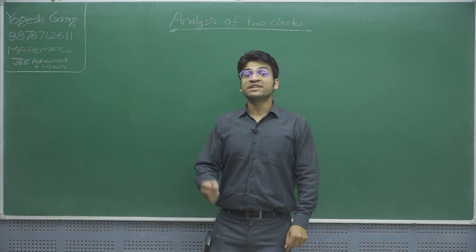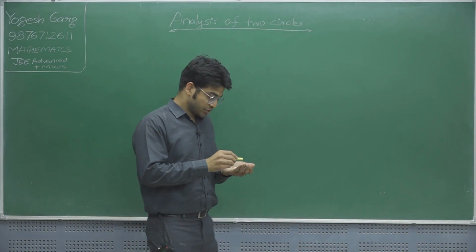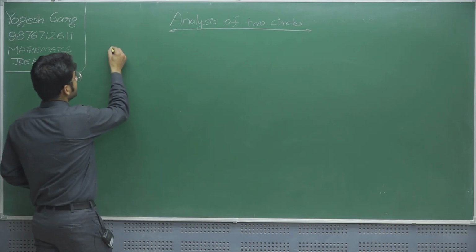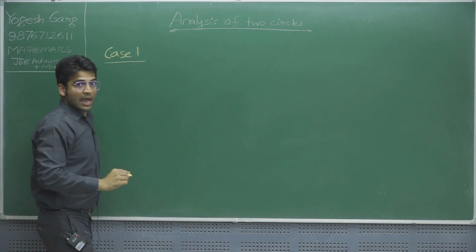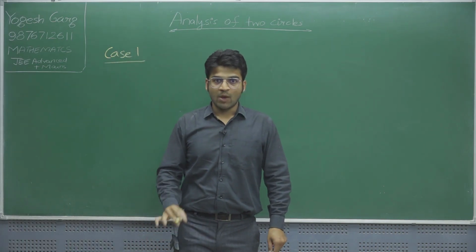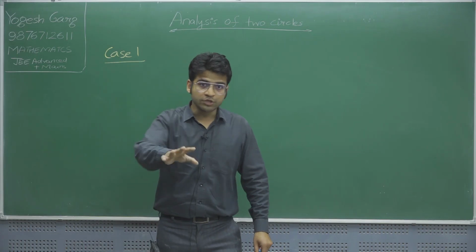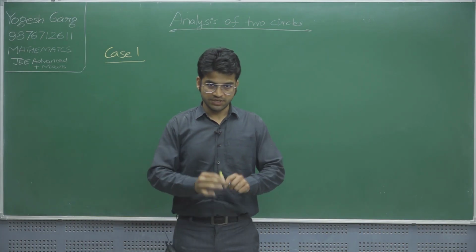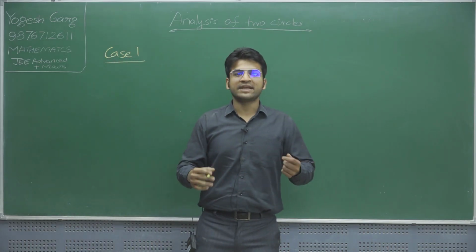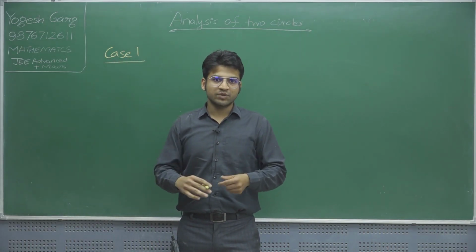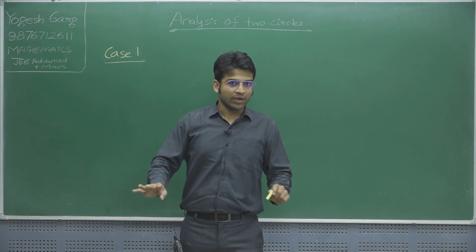Also we will study what is the difference between direct and indirect common tangent. So let us begin with case 1 first, the most basic case. Case 1 is when two circles are given and they are not intersecting each other, also they are lying outside of each other. For right now I am taking a case where their radii are not equal.